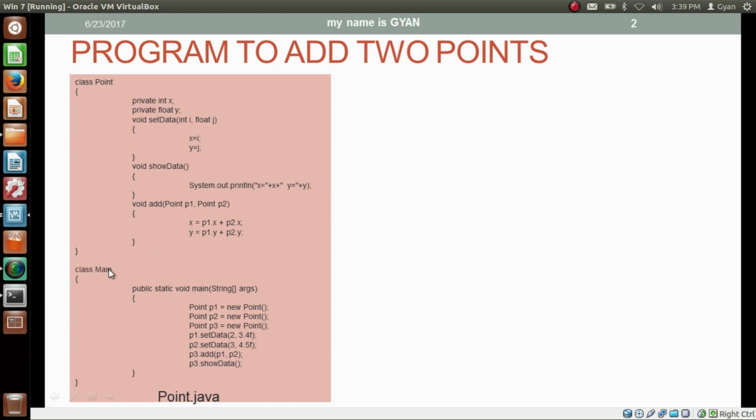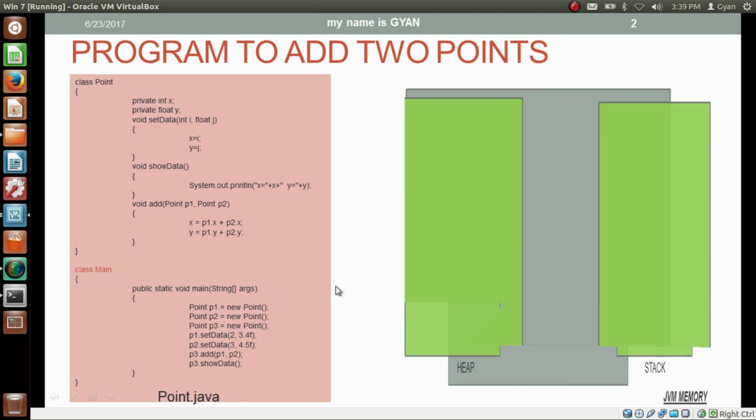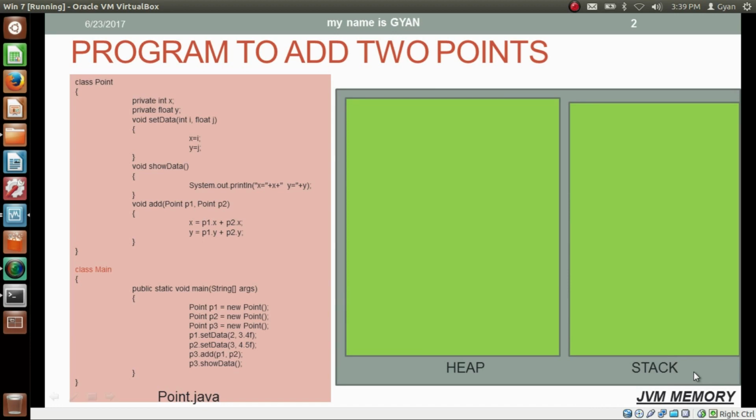The bytecode of the class main starts execution and the various JVM memory areas get created. Two of them are heap and stack. Other memory areas are not shown in the animation. The method main starts execution, so the stack frame of the method main gets created on the stack area of the JVM memory. The stack frame of the method main contains the location for the variable args. The variable args contains an address. What type of address is stored into the variable args will be discussed in a later session.